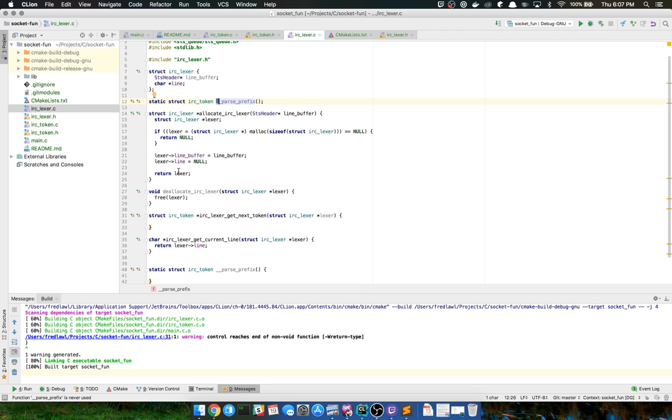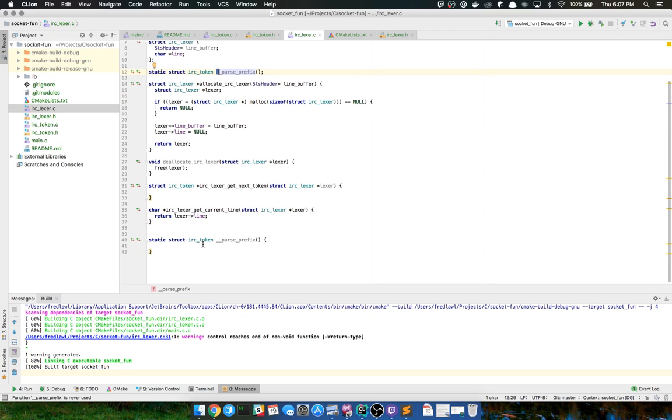So in typical C fashion, it might be better for me to just declare them up top so I can define them wherever in the code. It doesn't really matter, so I'm just going to do that. So what we're looking for is the prefix here, but that's not the token we're looking for. So we're looking for the